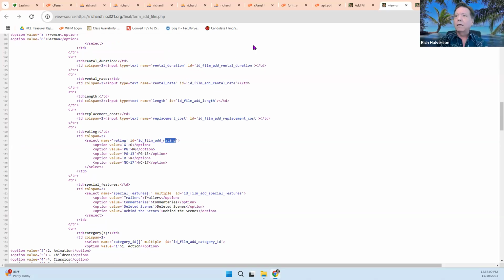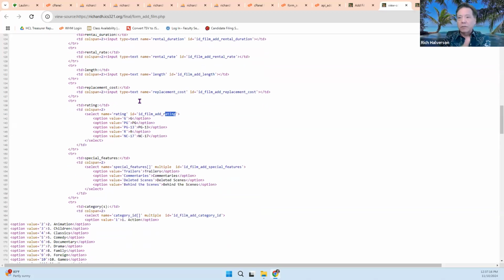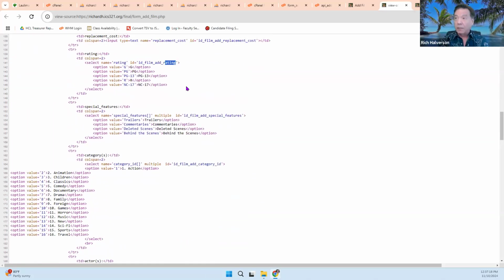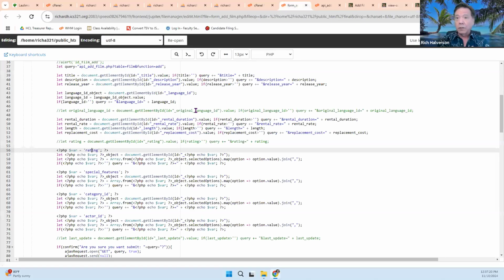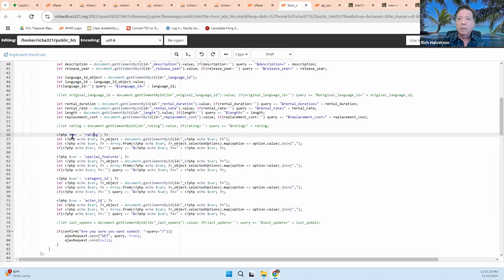And if we look over here, this is what it looks like after the PHP executes and produces the final file that gets sent to the browser. That's why we won't see any PHP here, because the PHP has been executed. Since all four of these are pretty much the same thing, except for this, which is different,